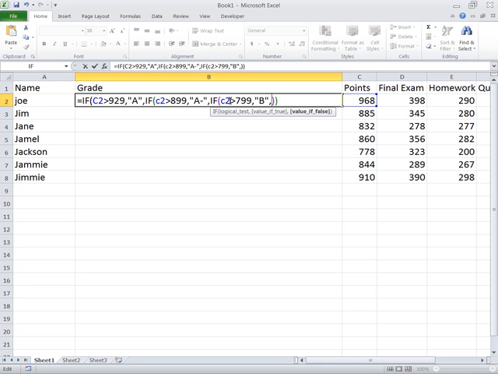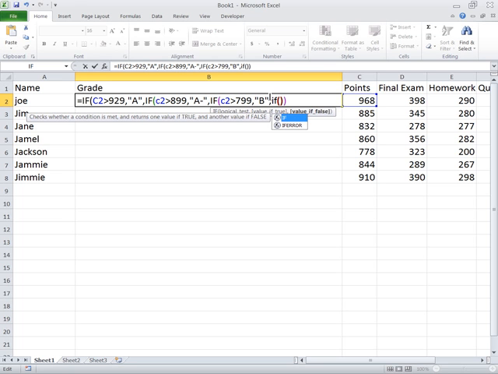Otherwise, we do still need to have a couple more. So what do we do if it's not equal to an A, not equal to an A minus, not equal to B? Then we want to say if it,